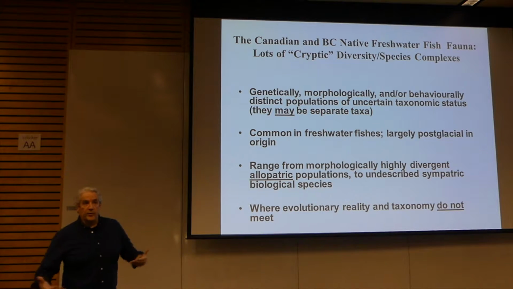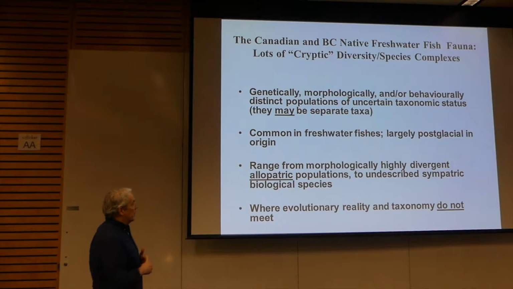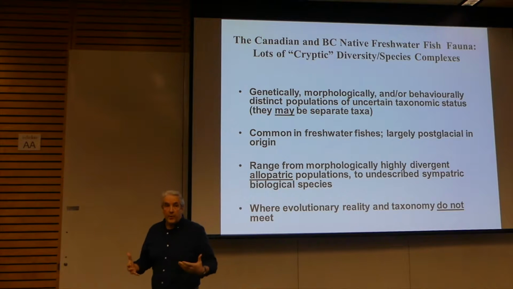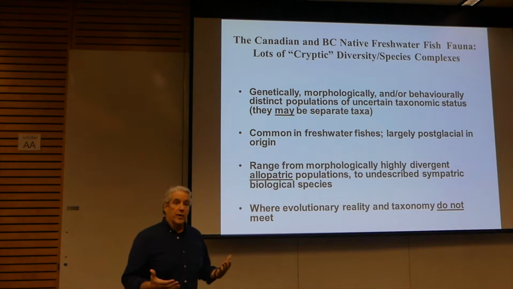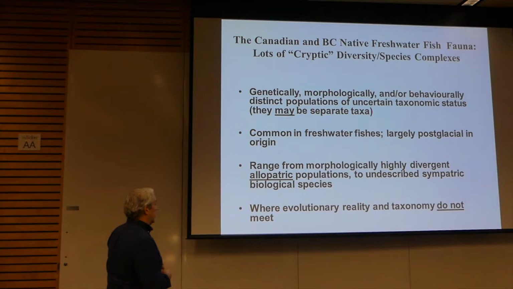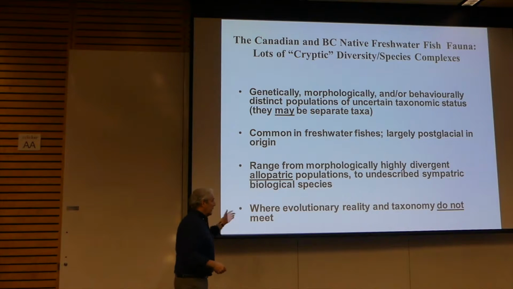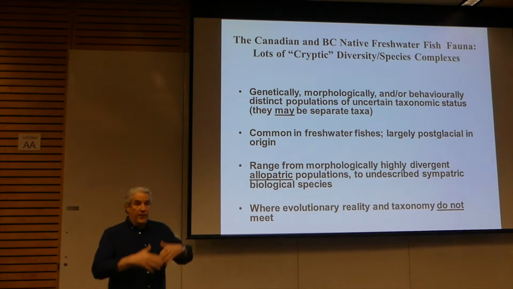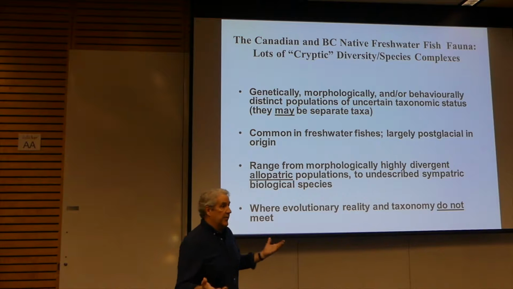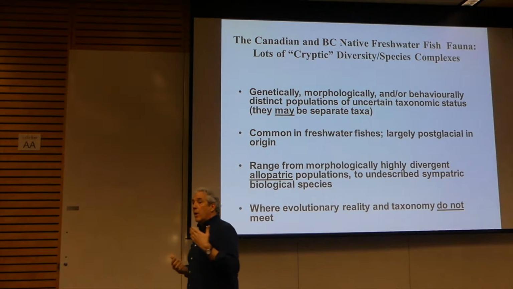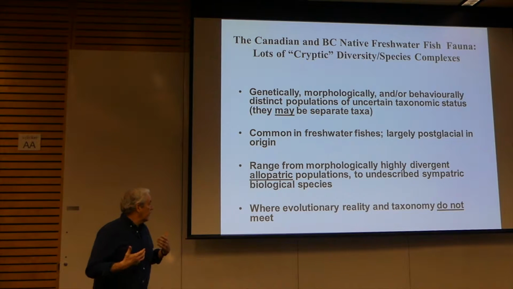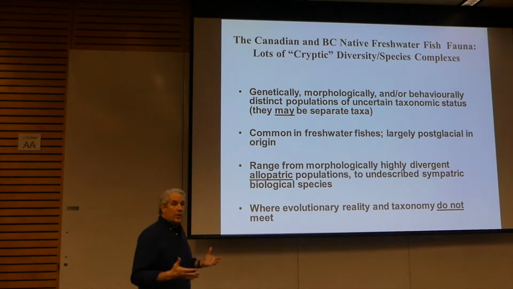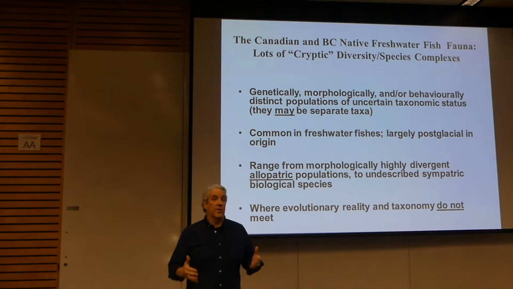to undescribed sympatric biological species. These are sympatric populations that are behaving as distinct biological species, but we haven't figured out a way to name them yet. And as Robert Behnke said back in 1972, this is where evolutionary reality, the proliferation of these genetically distinct types that are behaving as distinct species, and taxonomy do not meet. We don't have a system to name all these divergent forms that many people believe are actually distinct